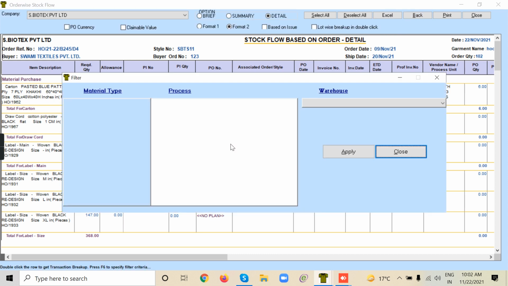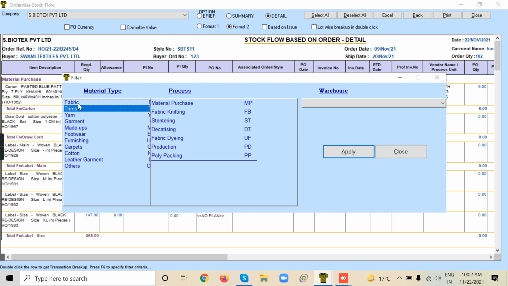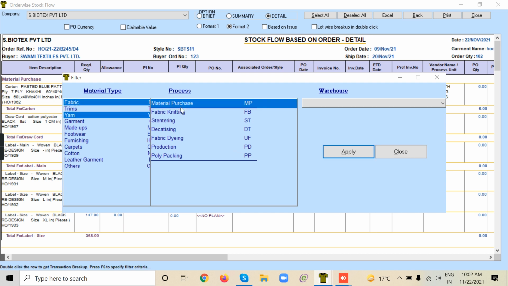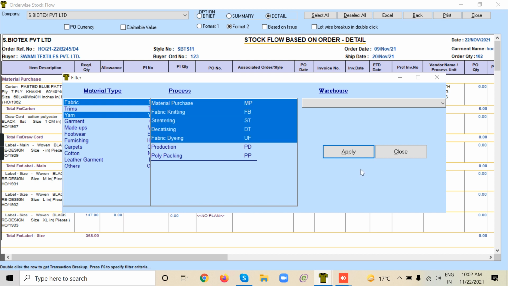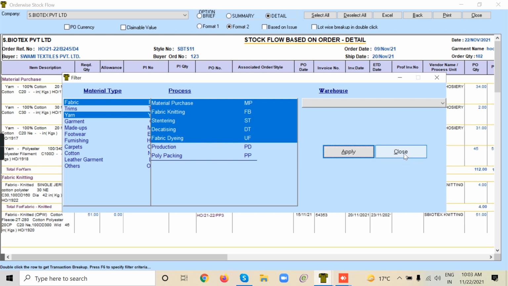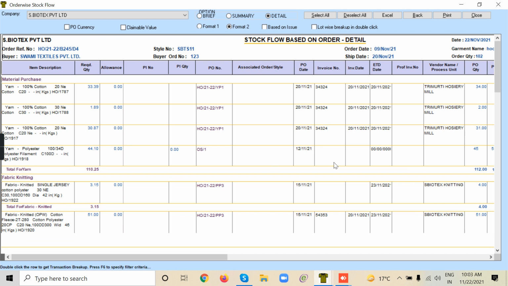F6, fabric. So this is the process that the yarn undergoes. Yarn is purchased, yarn is knitted, knitted yarn is going to stentering, stentered yarn is going to decatizing, decatized yarn is going to fabric dyeing. So we are filtering this process.